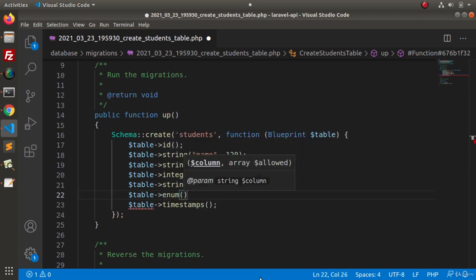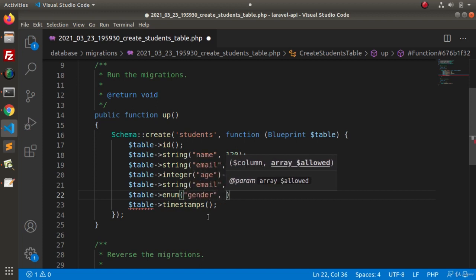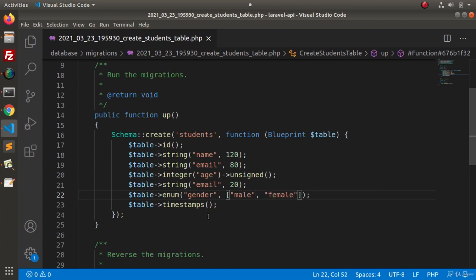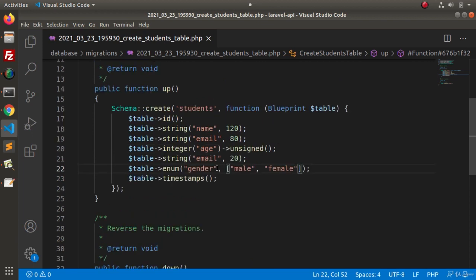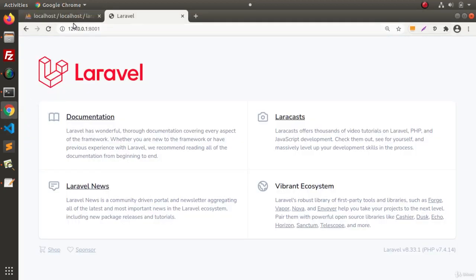and here inside this enum, as we can see the IntelliSense says that first we need to pass the column name, so let's say gender is the column name. Next we have an array. Inside this array we need to pass all available options, so inside gender we want male, female. Now if we save all these changes, next if we want to migrate this migration file into our database